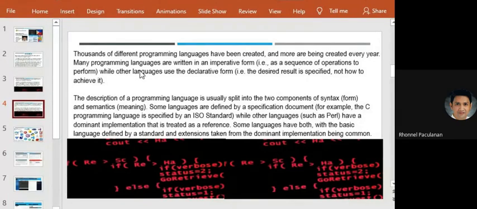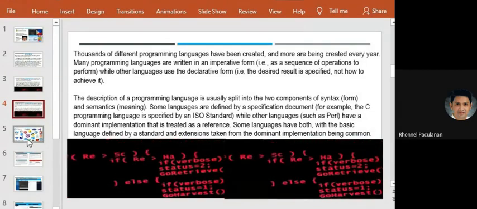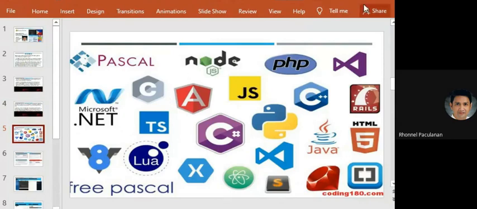Okay, so these are some examples of programming languages with a compiler, such as Pascal. So for those who are taking computer science or are graduates of computer science or information technology, what you can see right now are some of the programming languages that need you to install the compiler before we can use them.